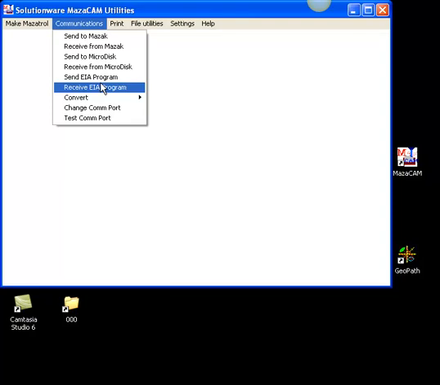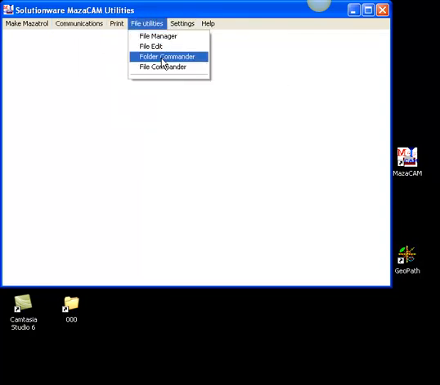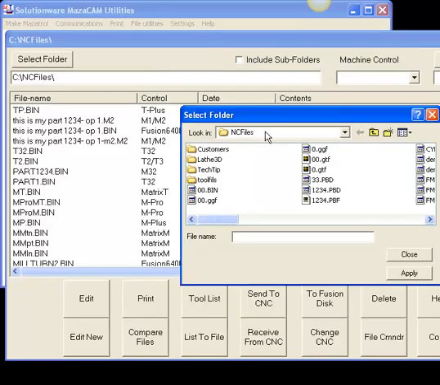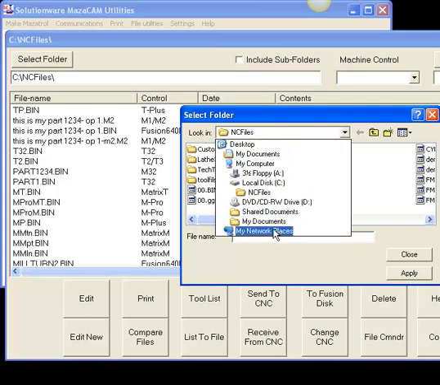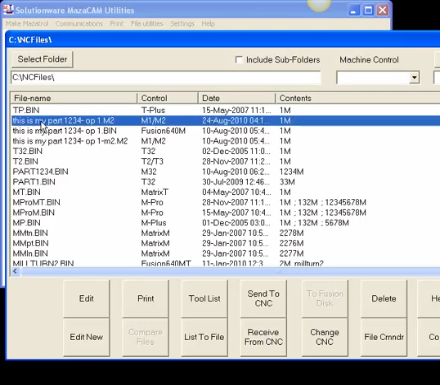Then you will have to use the USB board, or you can do communications through the network, at which point you can save your files to the network and we can retrieve them through our MasterCAM Editor and Utilities. Once you have the files in the computer or in the network, you can go to any folder, any drive, any network drive, any subfolder, and you can retrieve your files, save them, store them, or for that matter, rename them. Okay, here's a list of my files: the name, the control type, the date they were created, the number of the program, and the program ID.